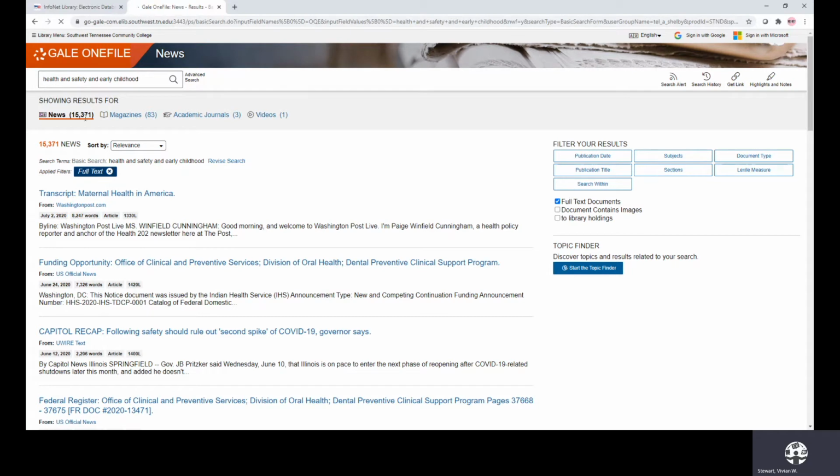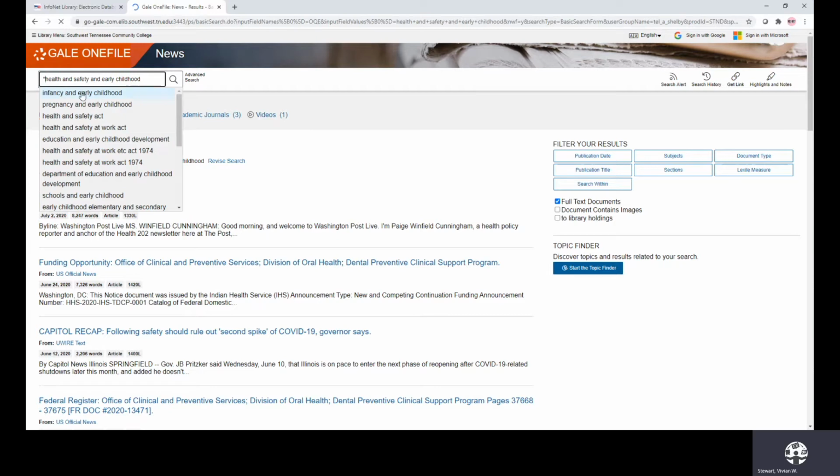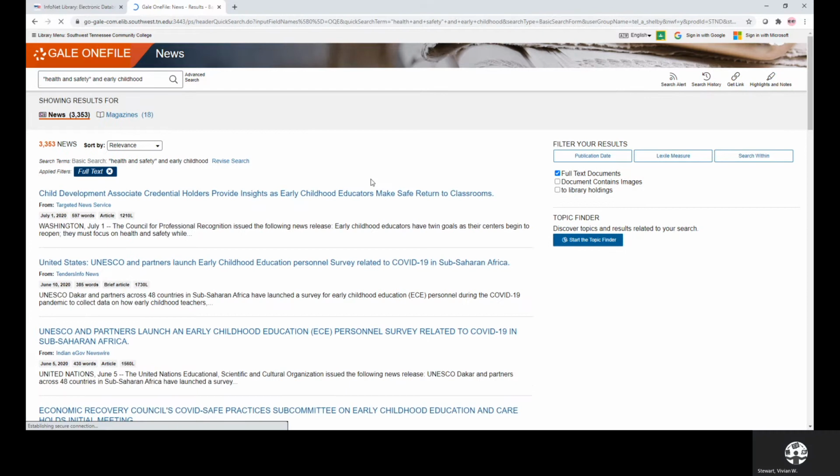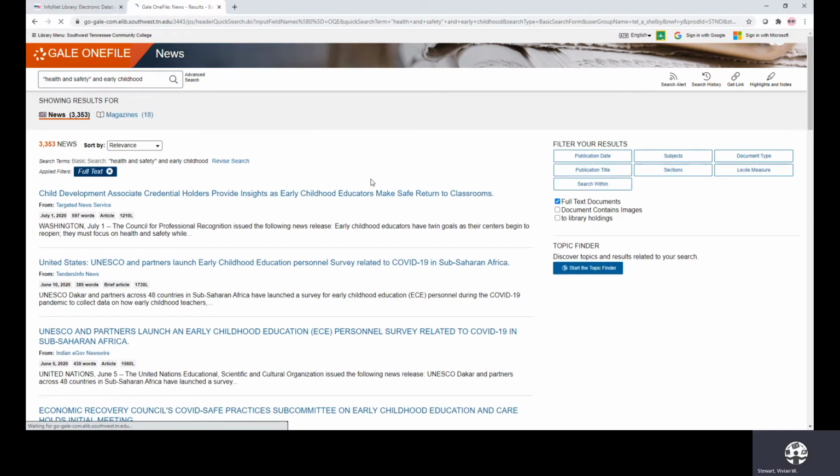So let's try, because I want you to see when it comes to newspaper articles, I have 15,371. But let's just try something. I want to enclose some of these terms in quotation marks, which means they must be together. And let's search again to see if this makes a difference. Okay, so health and safety is listed together in all of our articles, and that kind of brought it down to